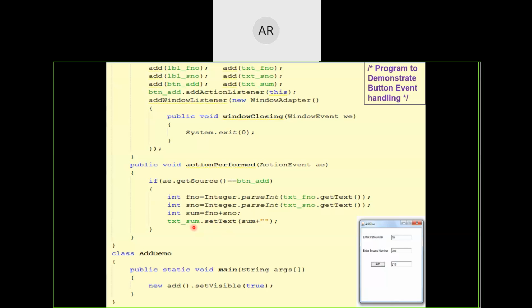So what is this method then? If you recollect, when we were clicking on the close button, it was not closing that window. It was not closing because we did not write the code that is to be performed when this button is clicked. Similar to the code we have written for the add button, we have to write a code for the close button also.